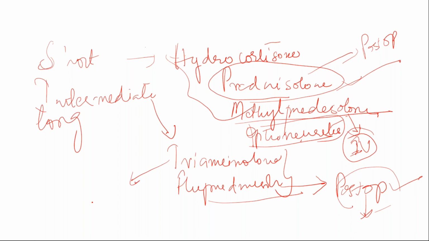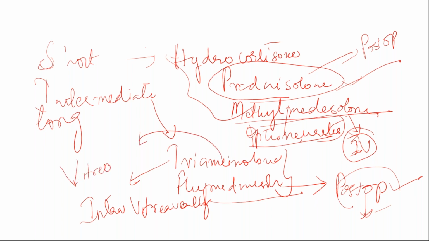So triamcinolone is very important, which is given intravitreally. That is, it is an intravitreal drug. And one more advantage of triamcinolone is if you want to stain the vitreous, we will go with triamcinolone. Why do we want to stain the vitreous? For example, if there is any PC rent, you know what a PC rent is, right? That is a posterior capsular rent. Then you have to see whether the vitreous is coming out of the posterior capsule or not.